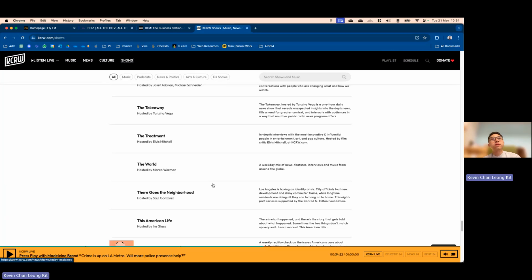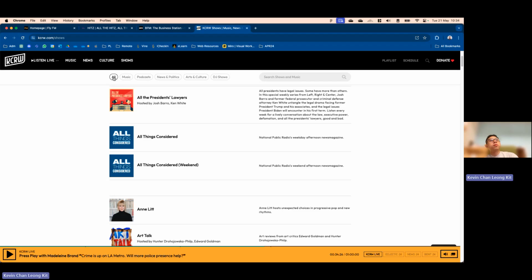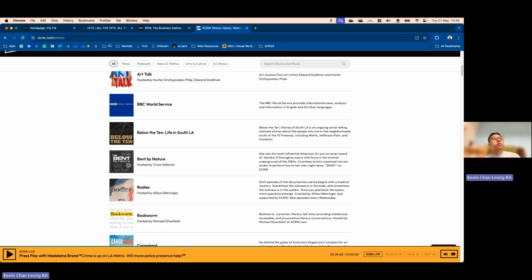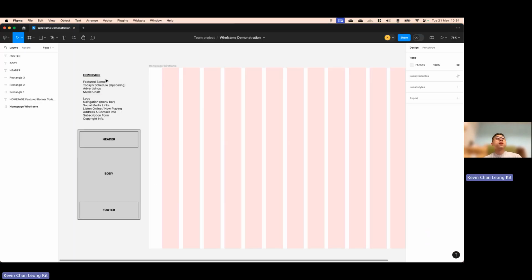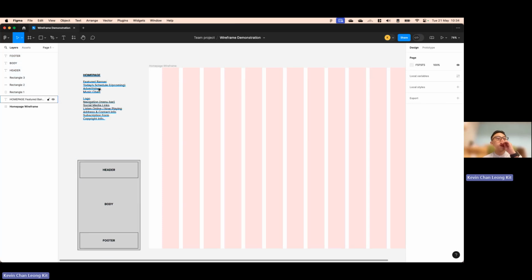The only thing that changes is the body, right? The body content changes because obviously a different page will have different body content. But for the header and the footer, all things remain the same. So when you come back to here, we can start identifying what are the things that we want in the